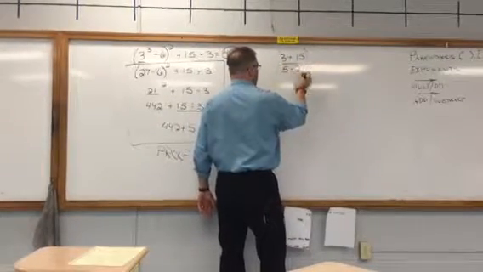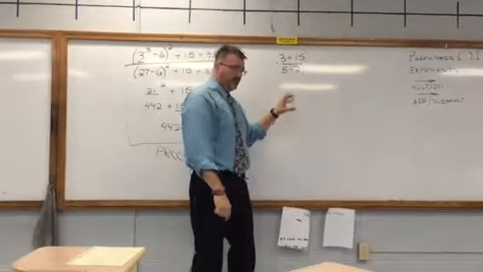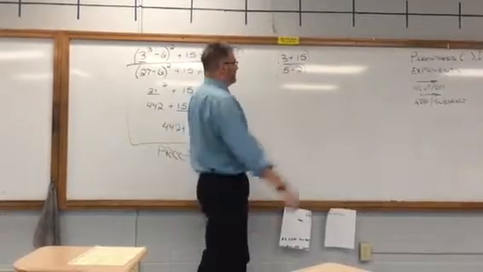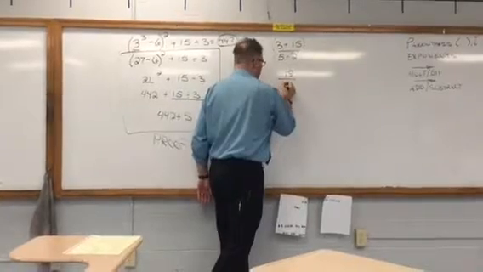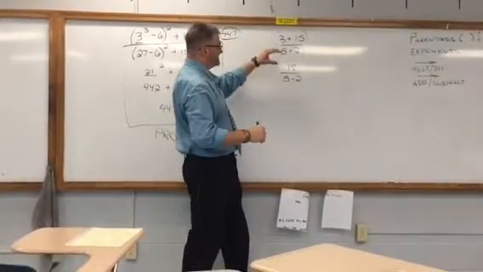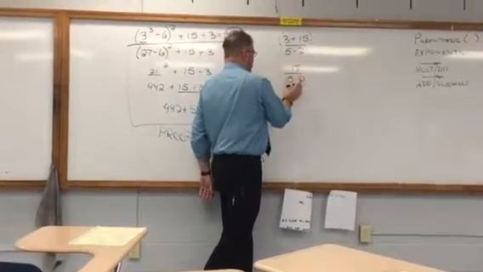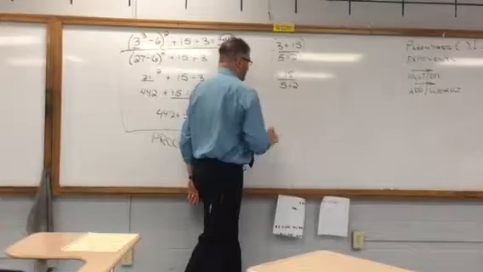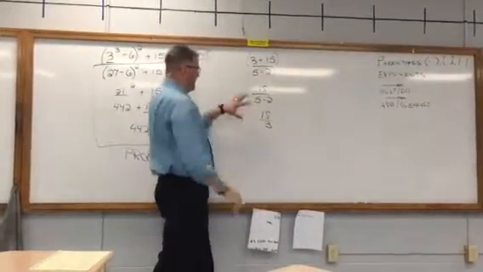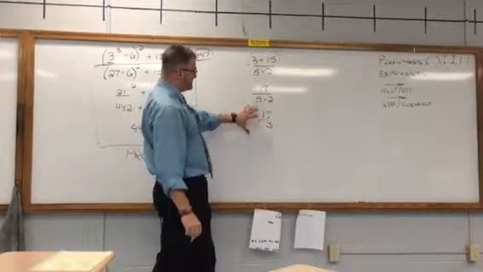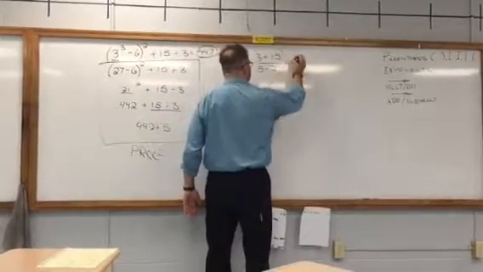Okay? All it means is I have to do the operation on top, the operation on the bottom, and then divide. Very, very straightforward. 3 plus 15 is 18. And again, I like to have my students do just one step at a time, one operation, write down the result. Okay? So now I've got 5 minus 2. Okay, that's 3. And now I can do the division. There's no more ghost parentheses because I have a single number top and bottom, and that gives me my answer